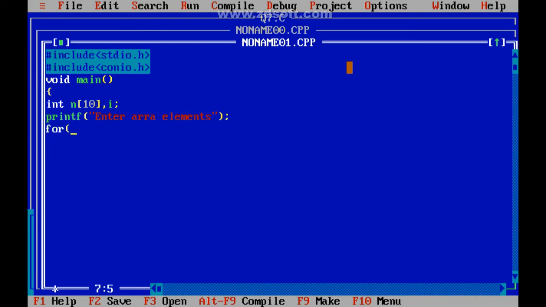For i equals 0, i less than 10, i plus plus, scanf("%d", &n[i]). So it is an index, and this is for reading.